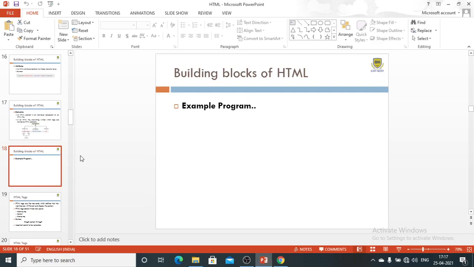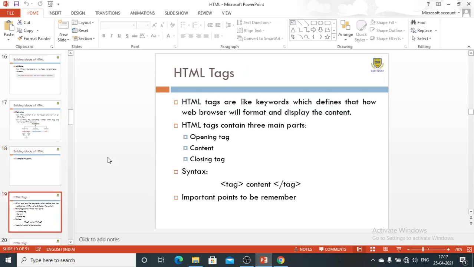So this is what we experienced about the different building blocks of HTML. Next we will go for a brief description of each of these building blocks. We will start with the HTML tags. HTML tags are like keywords which define how the web browser will format and display the content.